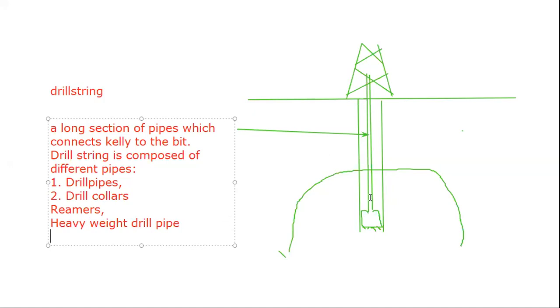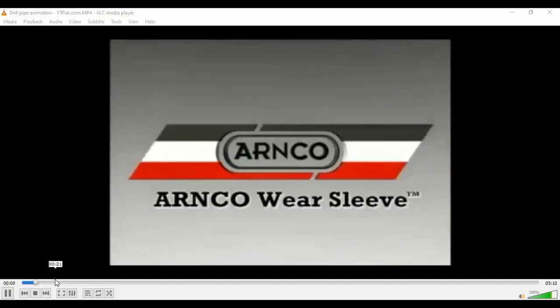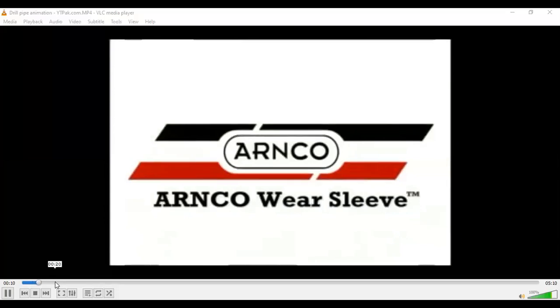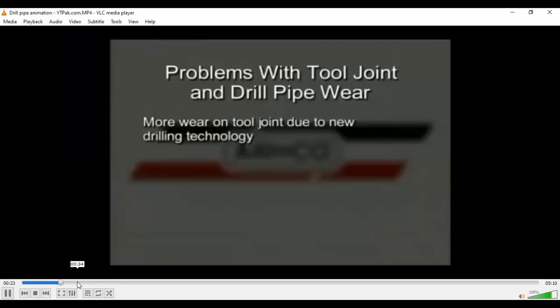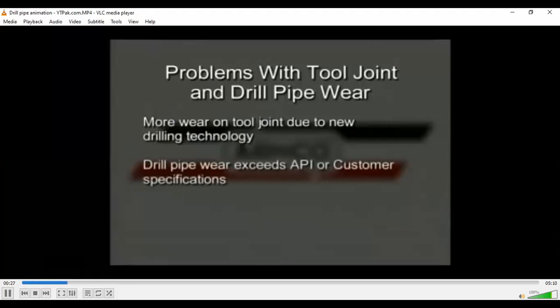Now first let's look at them before we go further. Modern drilling methods greatly increase wear conditions. This wear can exceed API or customer specifications and greatly limit the working life of pipe and connections. Difficulty in tracing pipe wear complicates long-term maintenance. The conventional hard